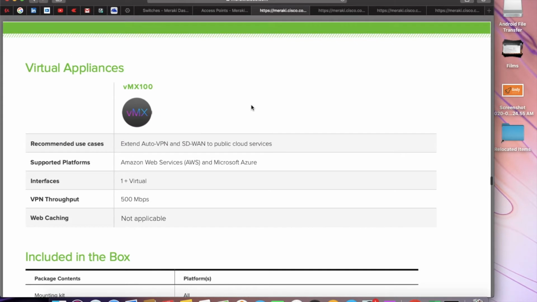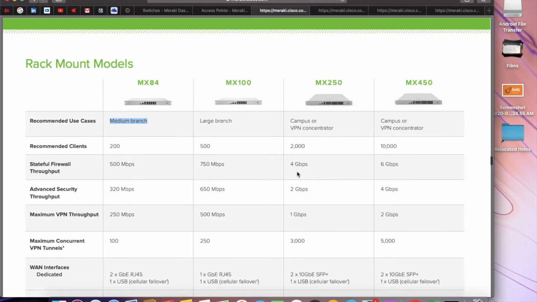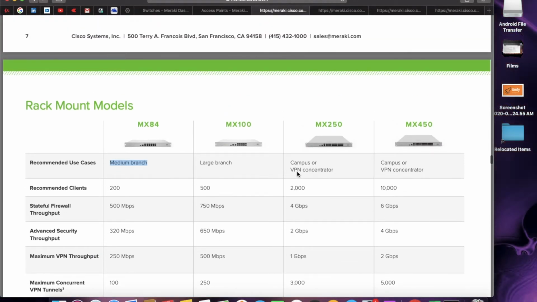You can also see there is a virtual appliance as well, which you can integrate into the public cloud services. You can see the supported platforms as of now are AWS and Azure. Okay, so we will focus on this one. Any security appliance from the Meraki family starts with the model MX. Okay,